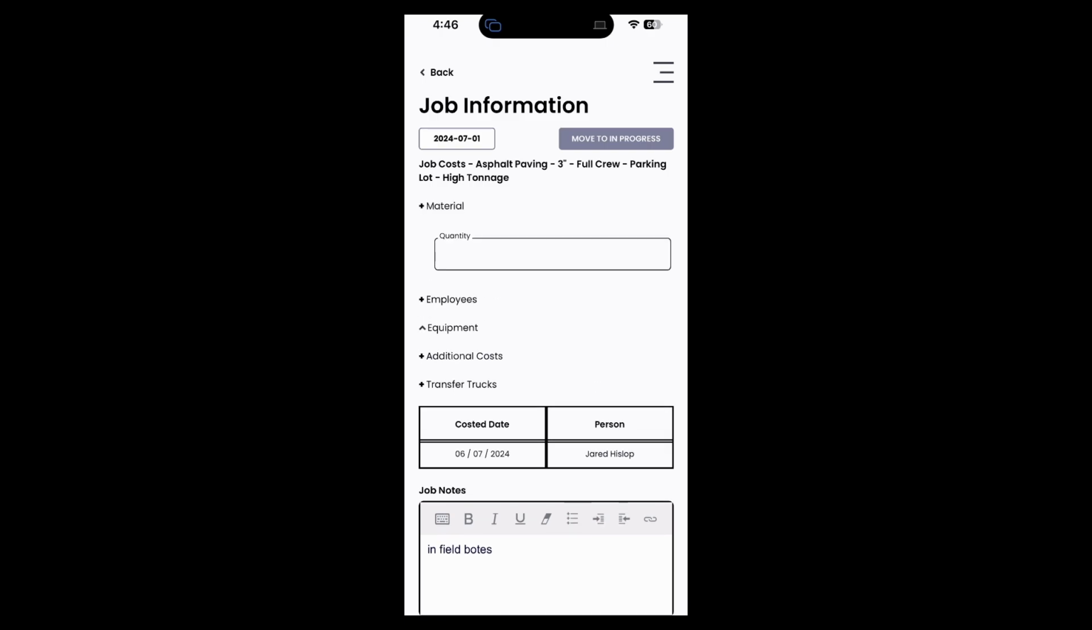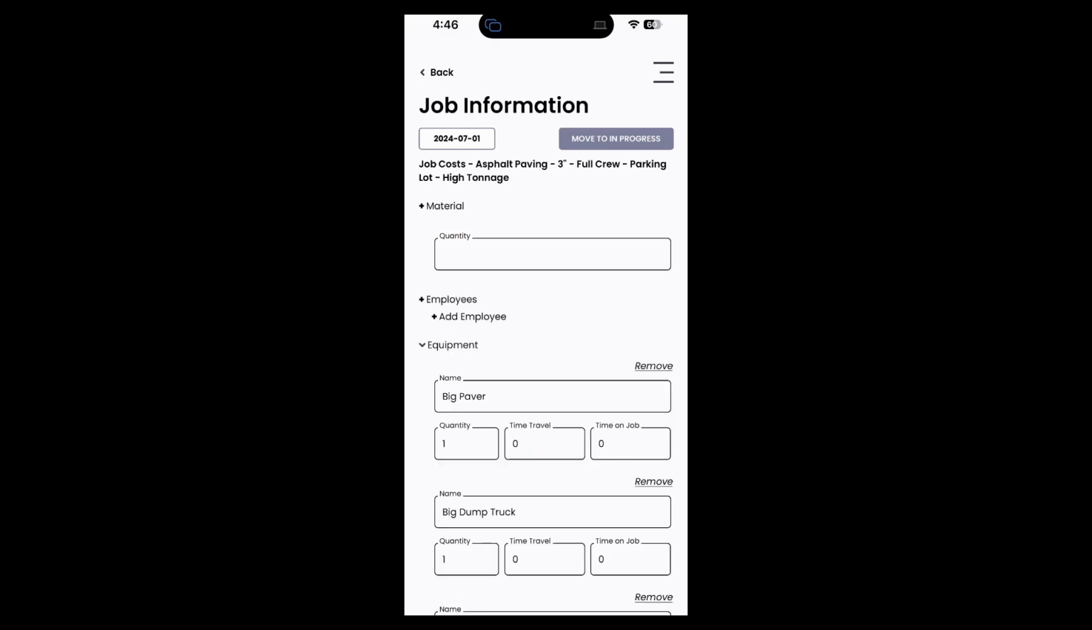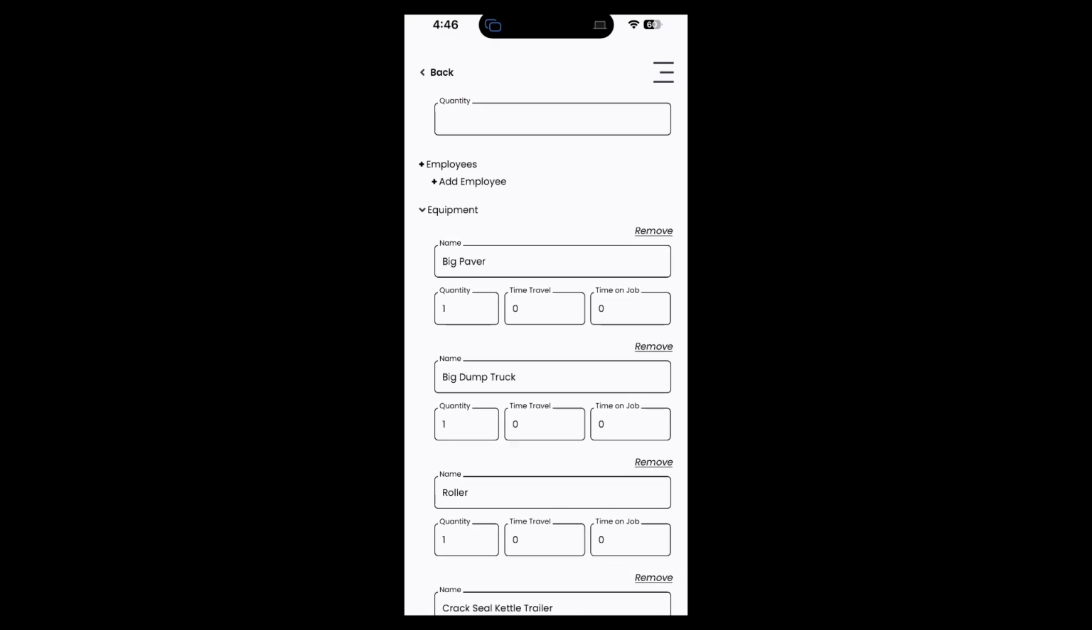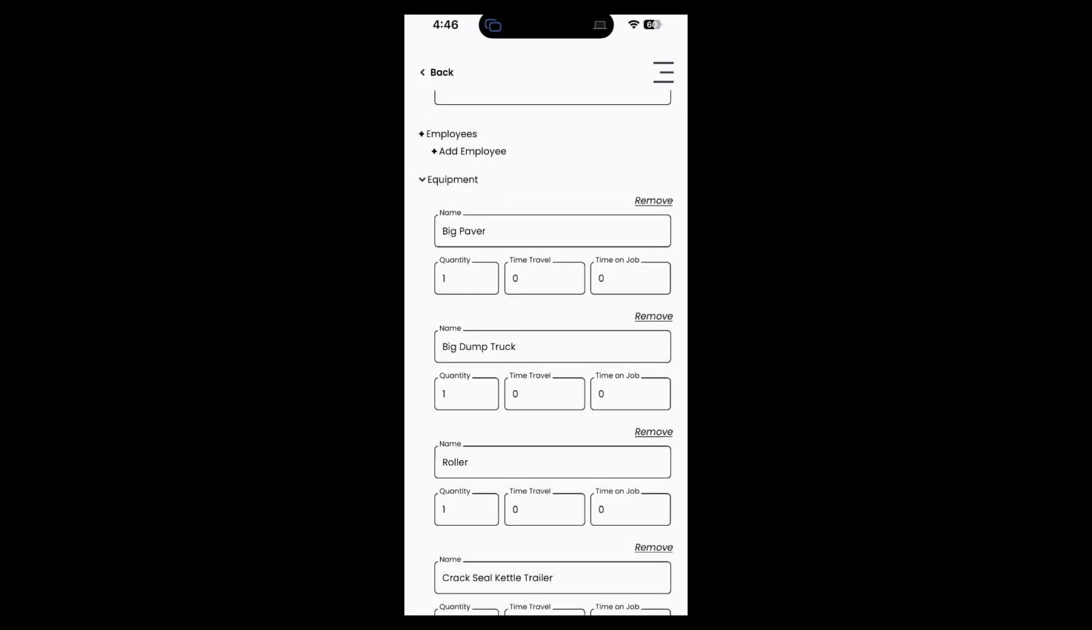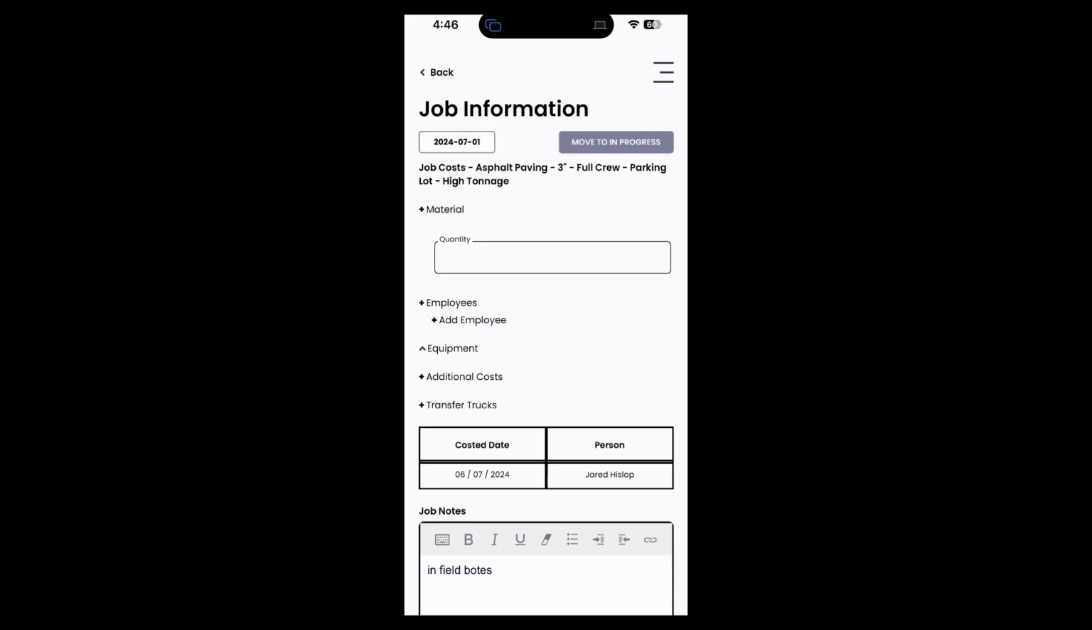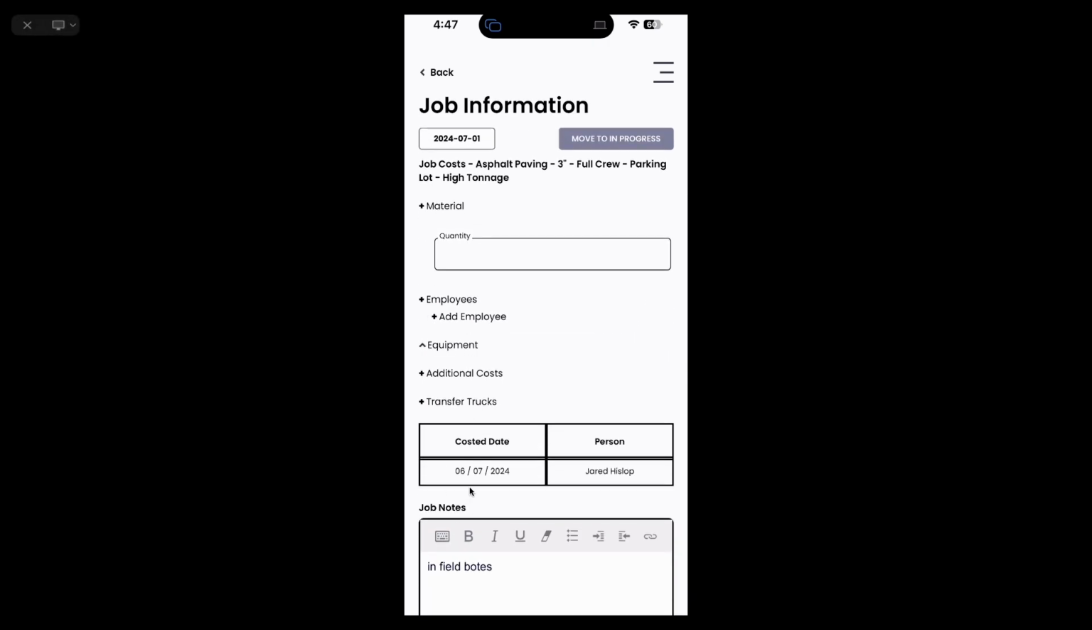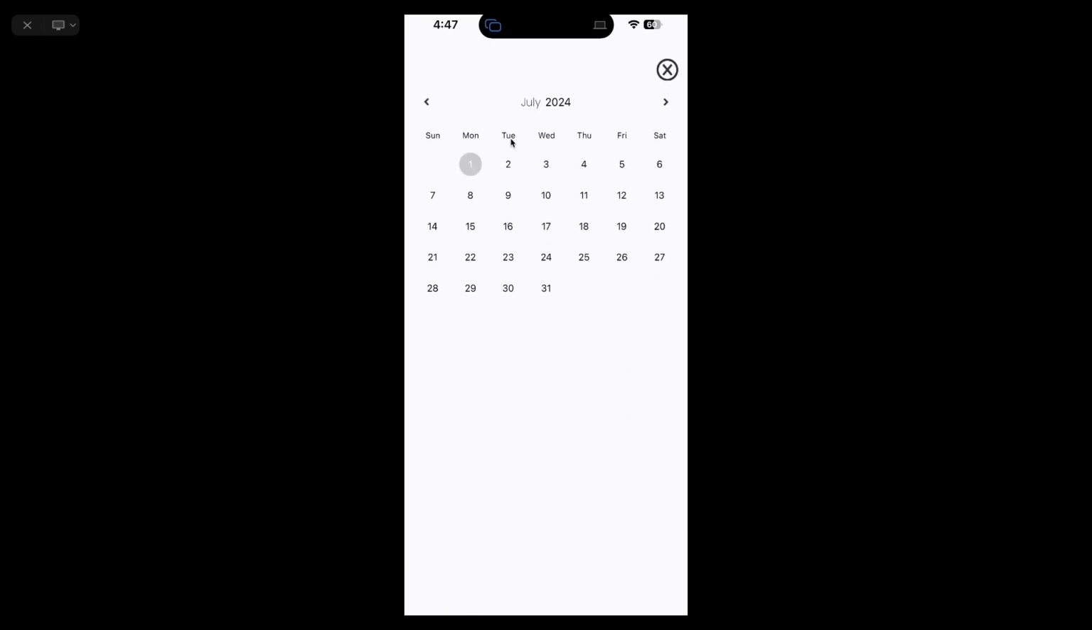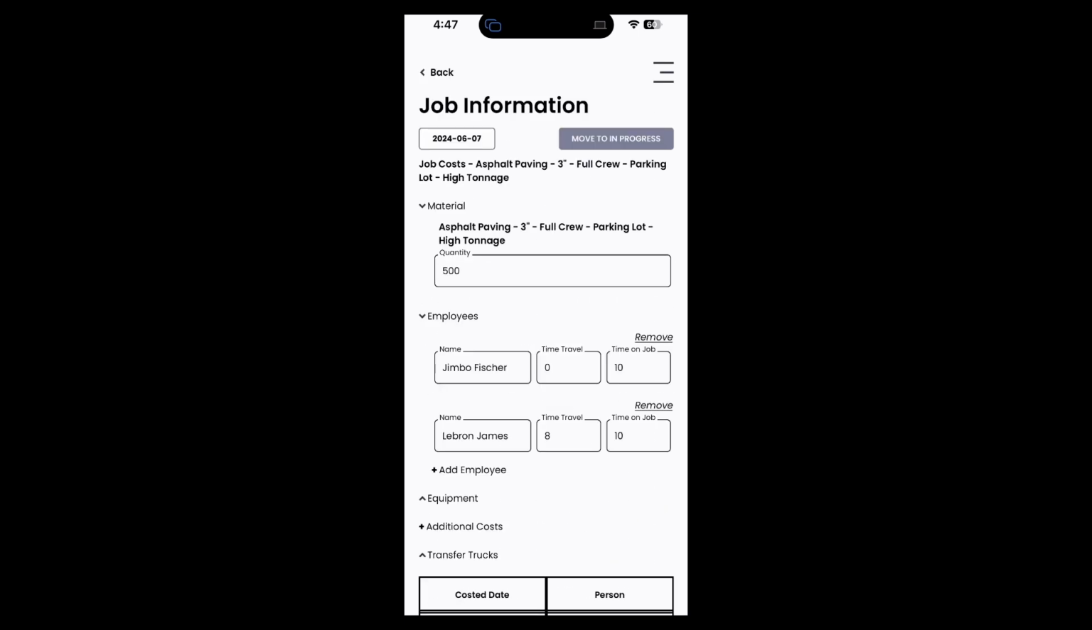So if I expand these, there's no information in here. We pre-populate the equipment from the proposal for you, but they're all zeros. But since this says June 7th, up here in the top corner, if I go up to this and go back to June 7th, now we can see the job costs that were entered